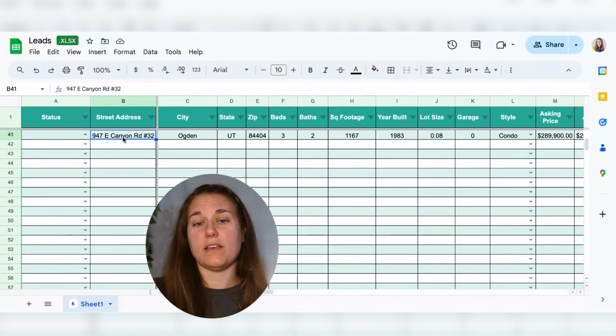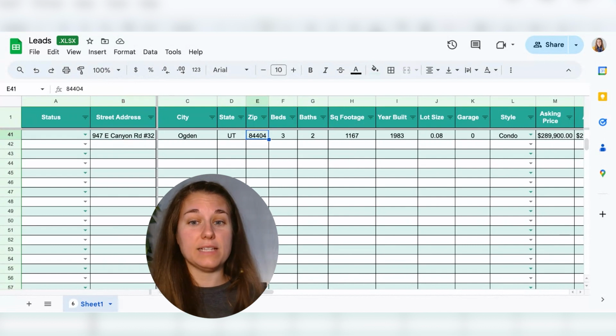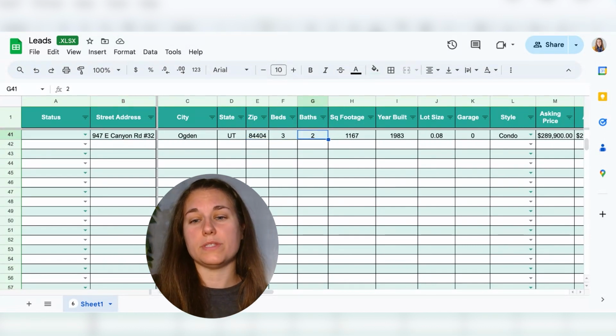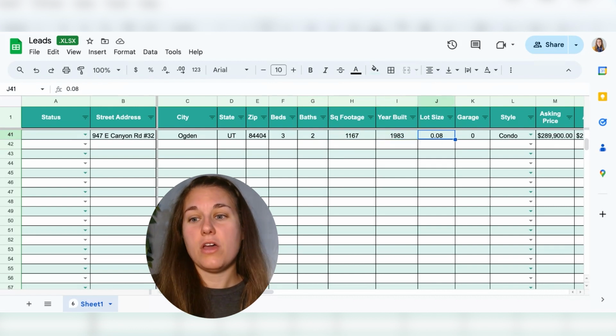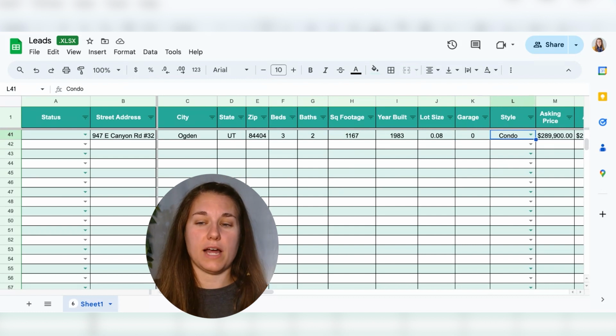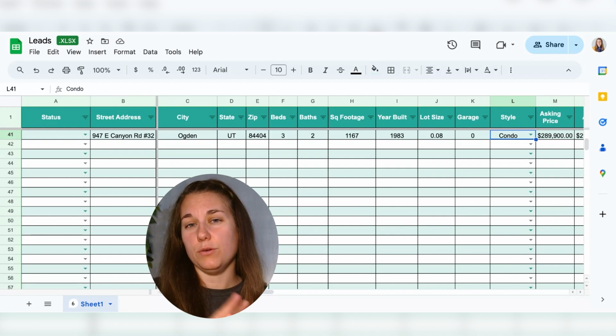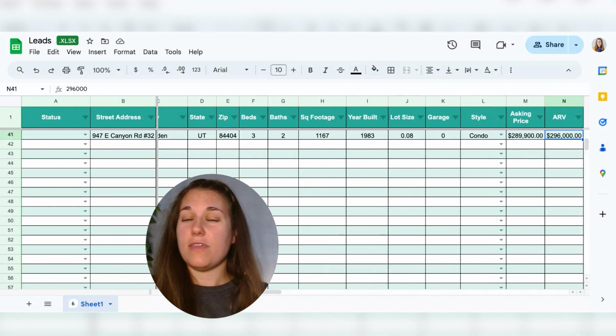So I'm going to go over to my spreadsheet where I like to keep a list of my leads. I've put in the address of the house and some stats like 3 bedrooms, 2 bathrooms, 1167 square feet, built in 1983. Lot size is 0.08 acres. Garage is 0. It's a condo style. All of this information that I put into my spreadsheet was the information that we used to get an accurate after repair value. They're asking $289,900. The ARV is